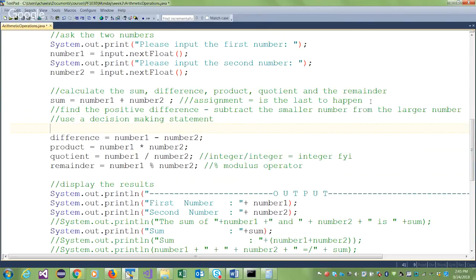And how do you say it? Exactly like you said. If my number 1 is greater than, or it can be equal to, doesn't matter. Equality is okay. Equality, the answer will always be 0, right? So if my number 1 is greater than or equal to number 2,